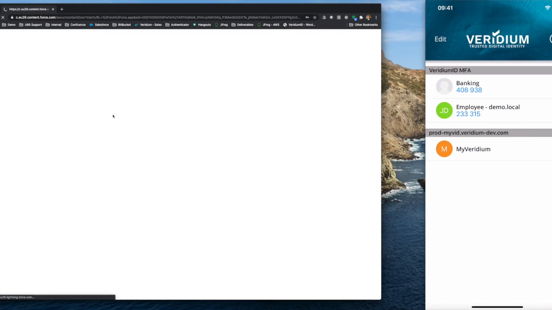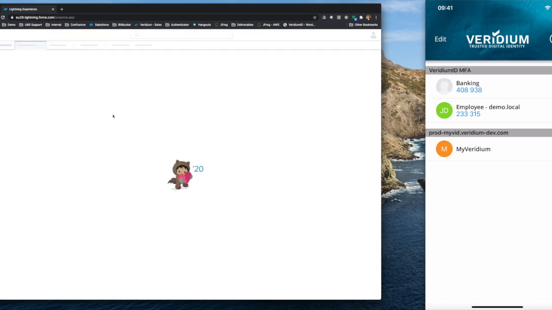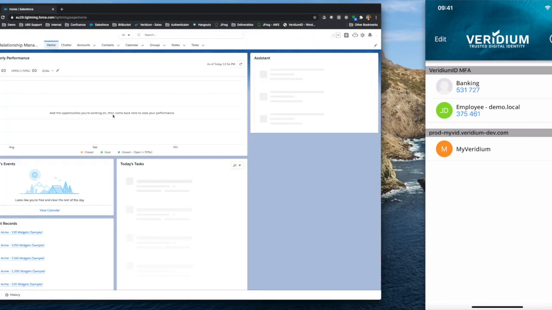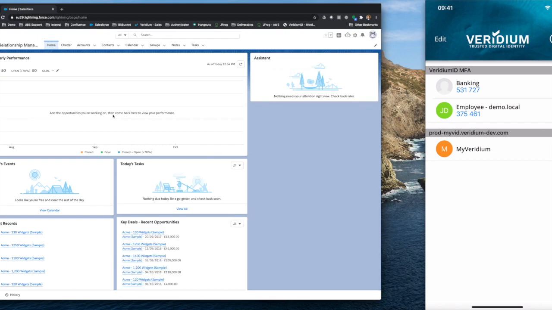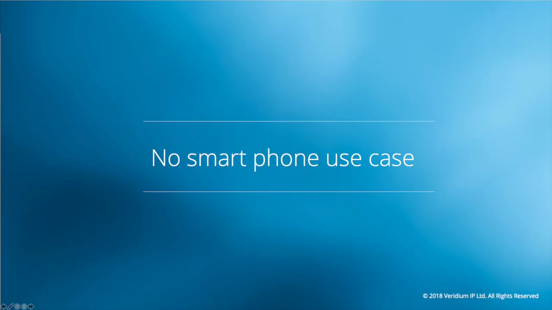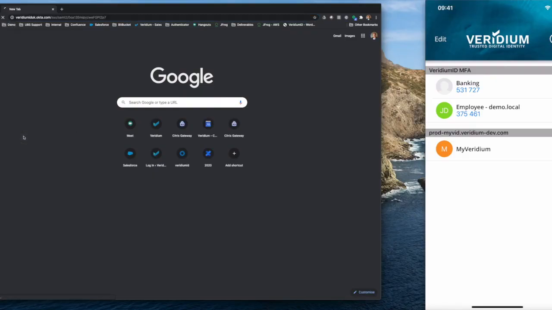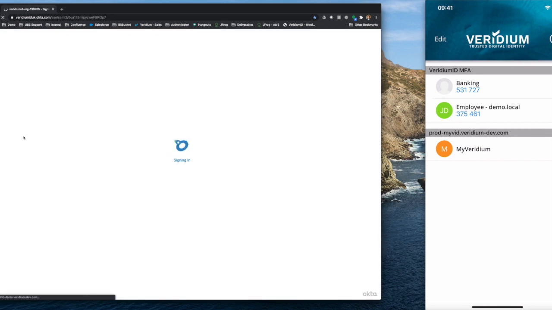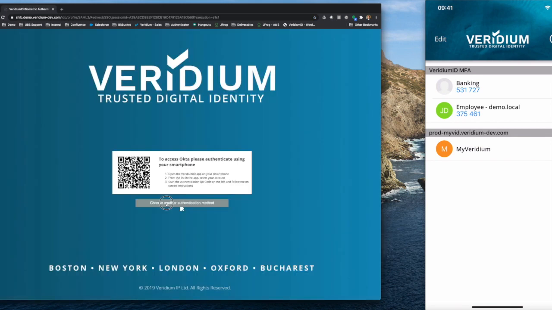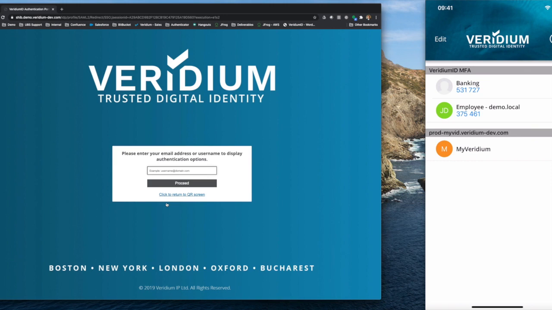And the same Salesforce application you saw me authenticate with my biometric capability, I can now use a non-biometric and use a TOTP. If I have no smartphone at all, I'm unable to install applications from the store. Equally, I can sign into, and I'll give you a different example today, something like Okta, an IAM platform. I put my user account in,